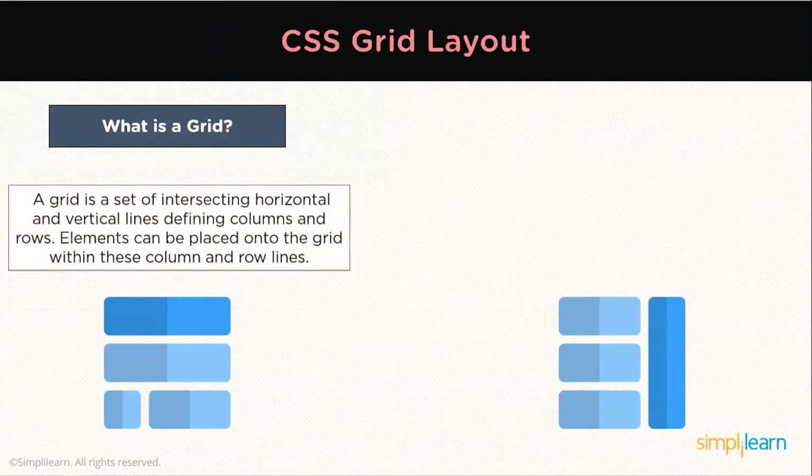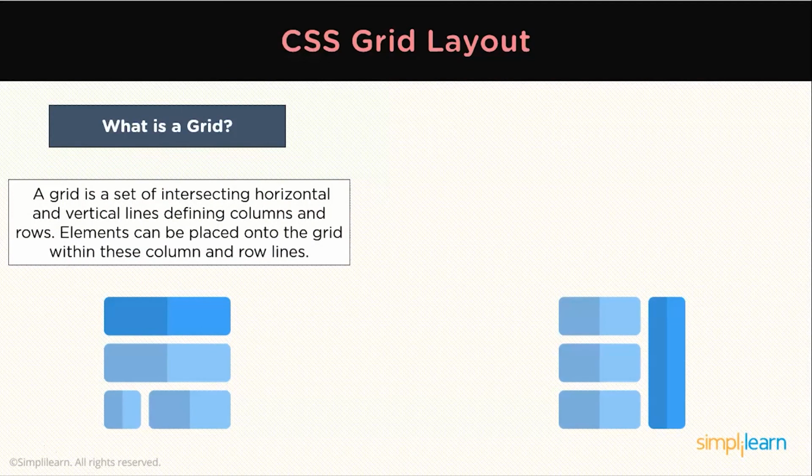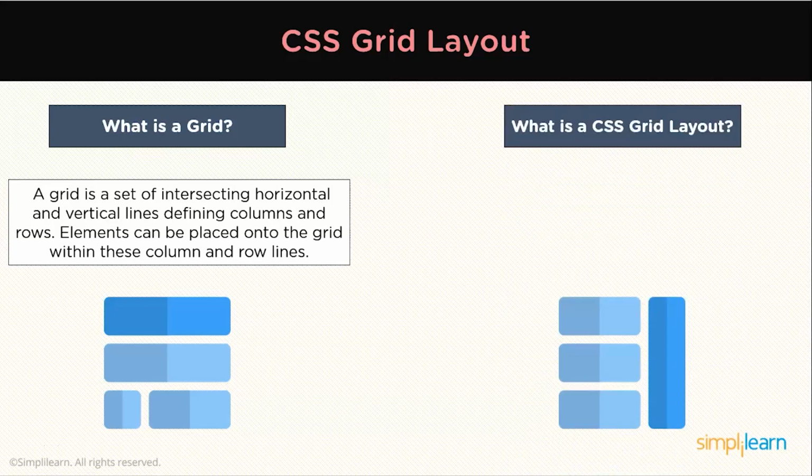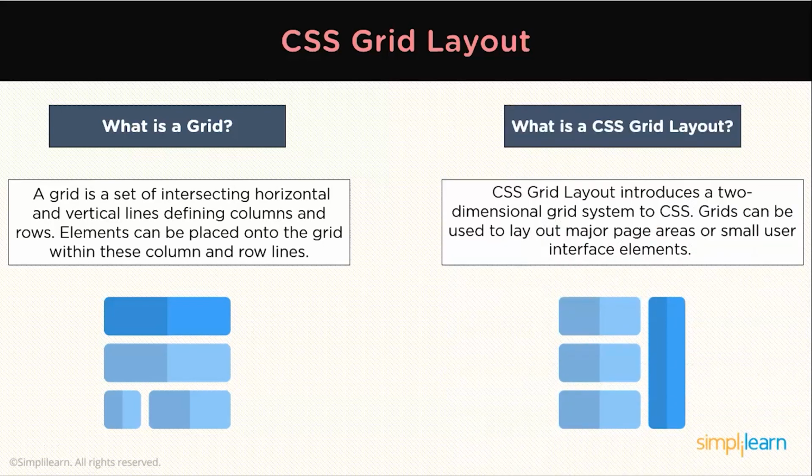What is a grid? A grid is a set of intersecting horizontal and vertical lines defining the rows and columns. And what is a grid layout? CSS grid layout is the most powerful layout system available in CSS. It is a two-dimensional system, meaning it can handle both columns and rows, unlike Flexbox, which is largely a one-dimensional system. You work with grid layout by applying CSS rules to both the parent element, which becomes the grid container, and the element's children, which become the grid items.